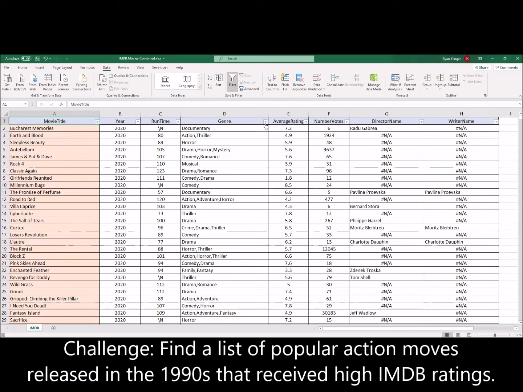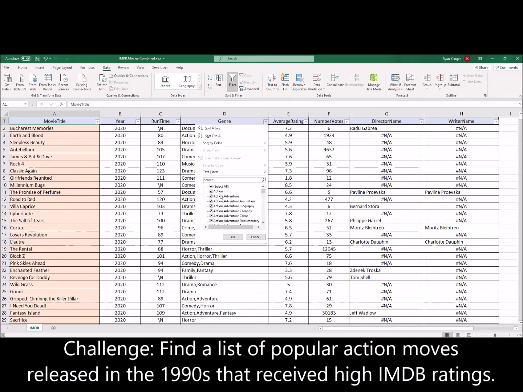genre. From here, I could select any of the genres that include action, but we see it gets a bit messy because some movies have multiple genres: action, action adventure, animated action adventure. So I want to tell Excel to select any of these movie types as long as it includes action. To do this,